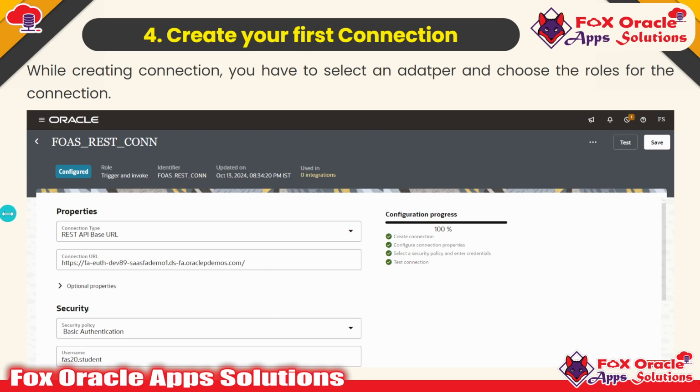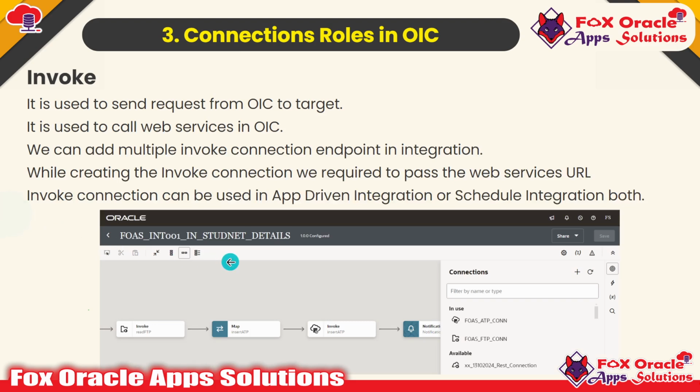Yes, that's why I told you, right? So that's why I've given one example that we have one REST API. That REST API is going to create AP invoices in Oracle Fusion application, and our point is to create an integration. That integration will take some values while running, and based on those values, it will create AP invoices